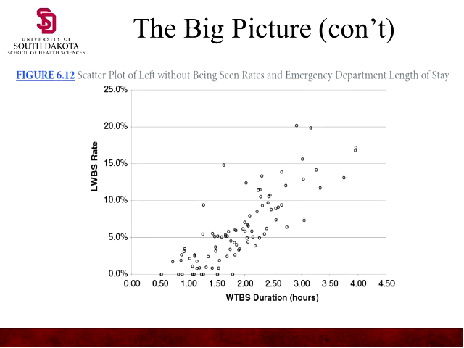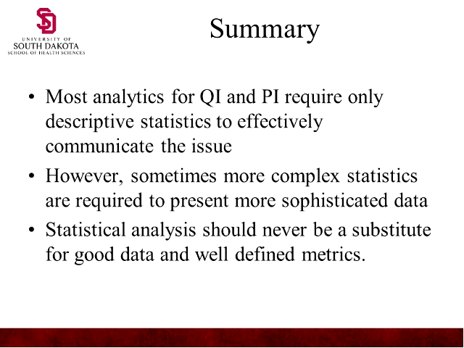If we look at scatter plots, we start to see what's happening in the emergency room as we put a dot where everything fits as far as the percentage. We start to see the left without being seen area, for instance. So this is left without being seen. They got tired of waiting. Most of these patients left within the first 2 hours. They didn't get treated in the first 2 hours, and then they left. It's interesting, only a few lasted 4 hours before leaving. So if you look at this, about the 10% mark here, most of our patients fall within that group.